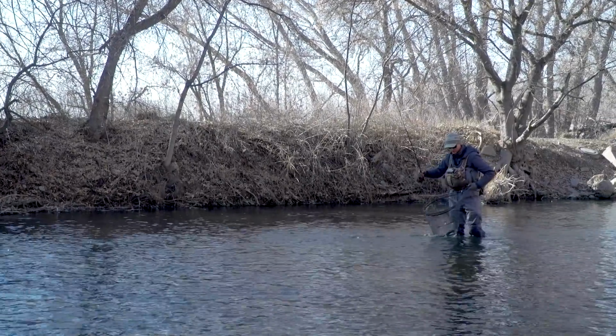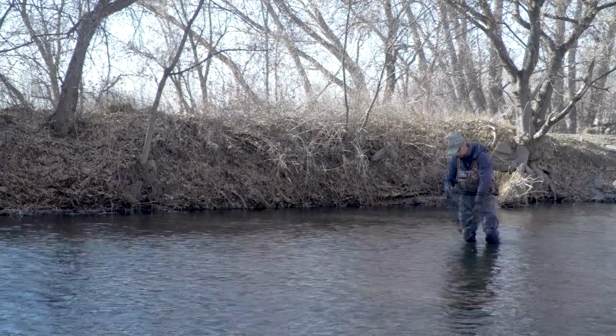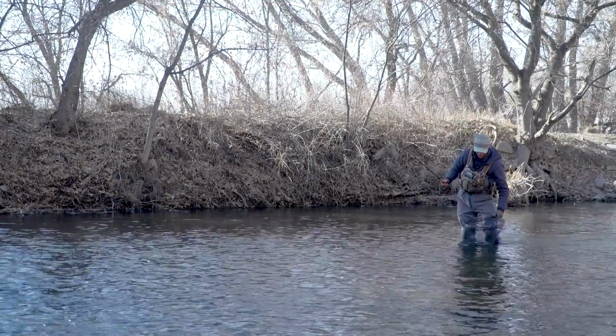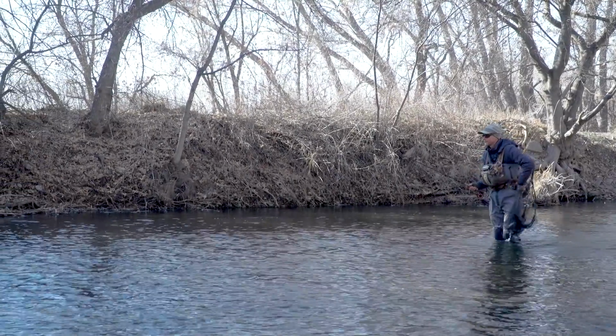And looks like this one took the blowtorch on the point. All right, nice 10-inch brown trout or so. So after I make that cast,